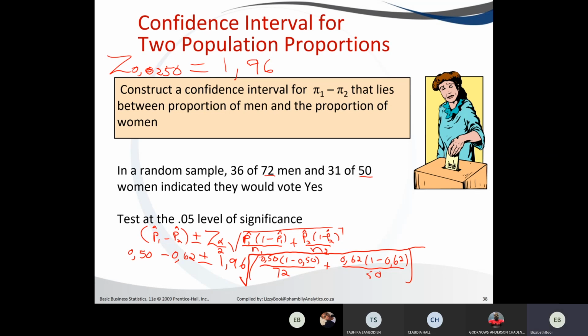I'm writing them somewhere on the piece of paper, not on the board. I must do the same with the other side: 0.62 times, in brackets, 1 minus 0.62, equals, divide by 50, equals